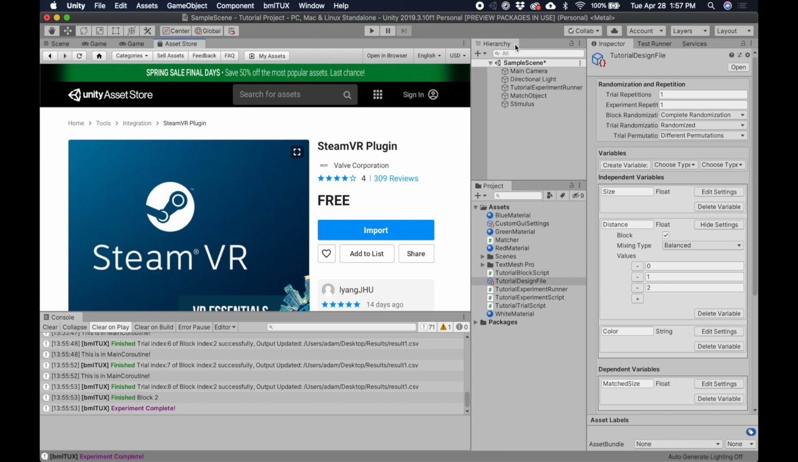The camera will be taken over by the Steam VR functions, and everything else should just work out of the box. So good luck using TUX, and if you find any problems or have any questions,